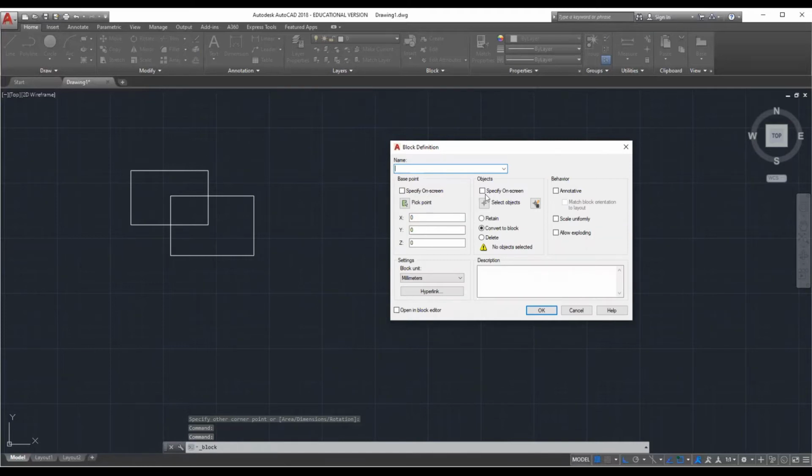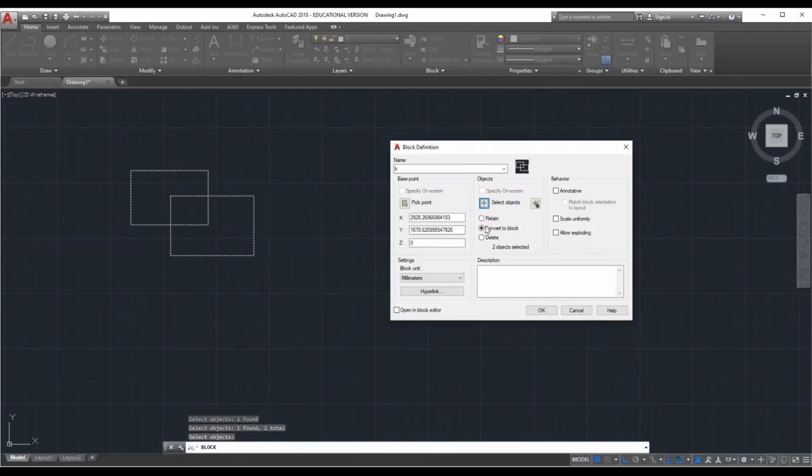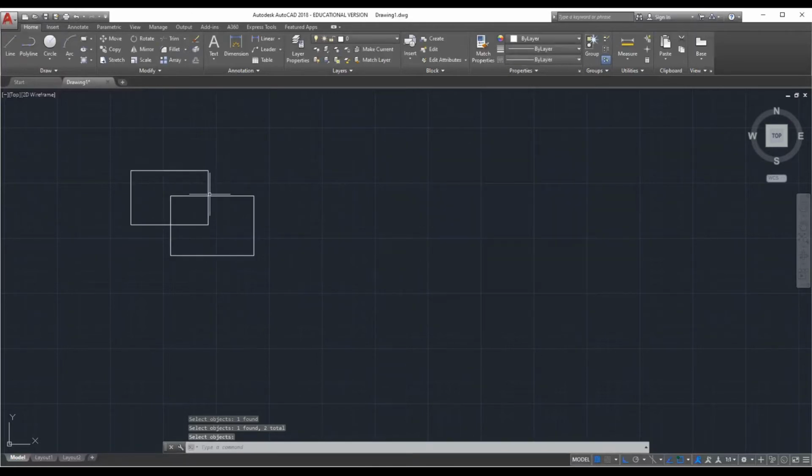Select objects, select these two objects, enter. Now we will check this radio button, retain. Click on retain. Okay. Now see, this is a separate object. This will not convert into a block on the screen itself, but in insert, it is saved as a block.